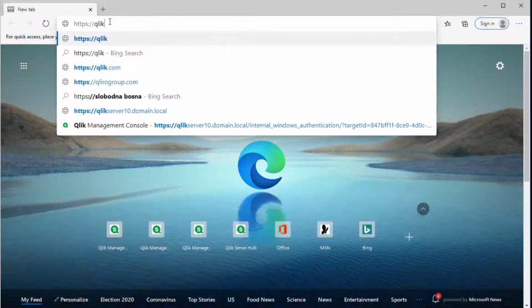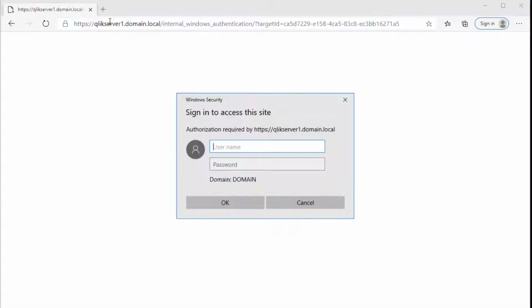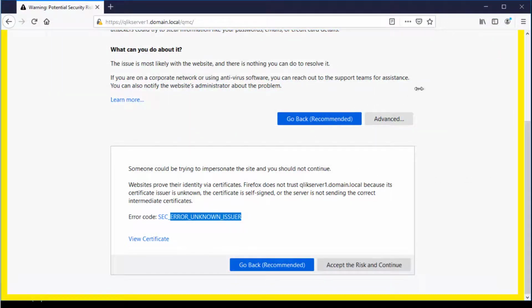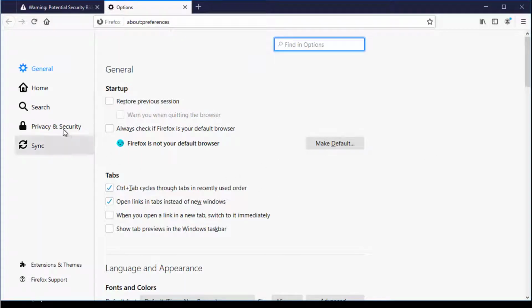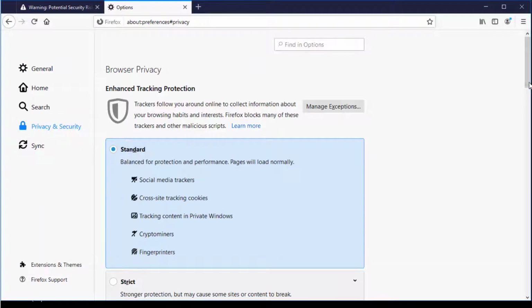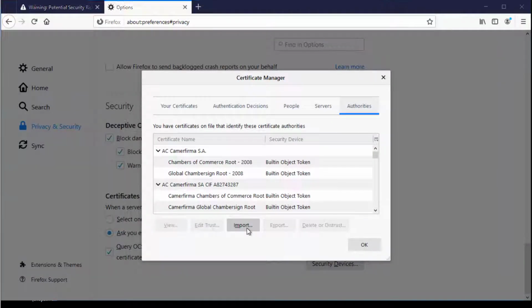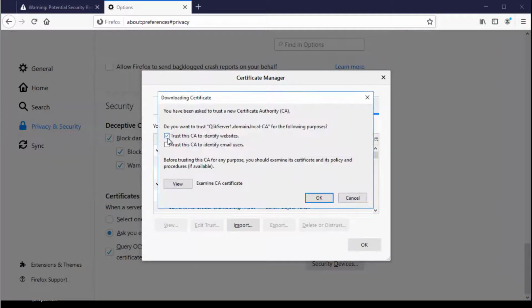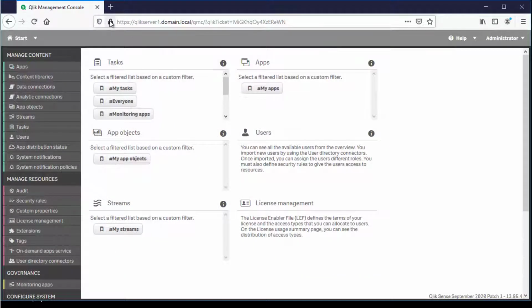Then confirm that you no longer receive the error in the web browser when accessing the QMC or Hub. For Firefox, the certificate needs to be imported directly to the browser certificate repository. It is located under Options, Privacy and Security, then scroll down to Certificates and click on View Certificates, where the ClickSense root CA certificate can be imported under Authorities. Then confirm the error no longer occurs.